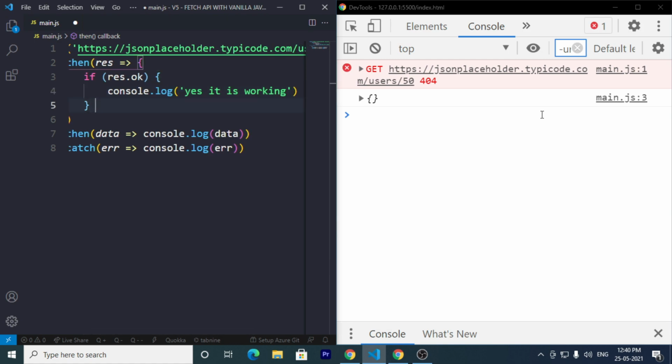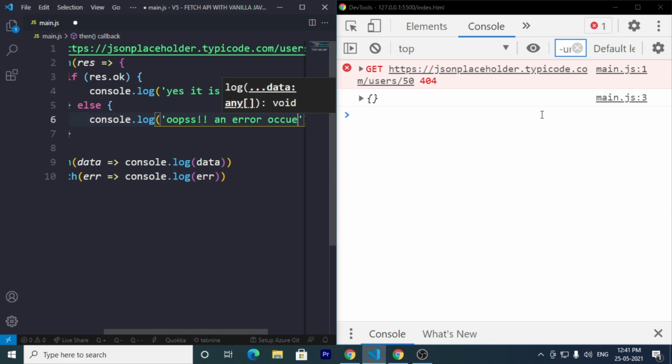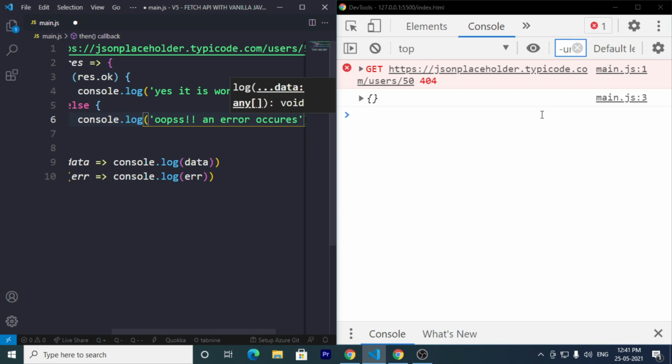And after that, else, we're gonna give console.log. We'll say oops, an error occurs. All right, so as you can see, it's an error, so it says oops, error occurs,